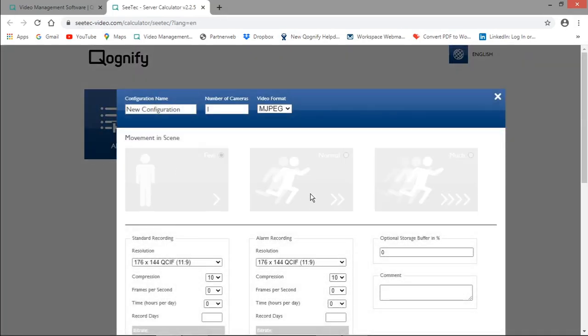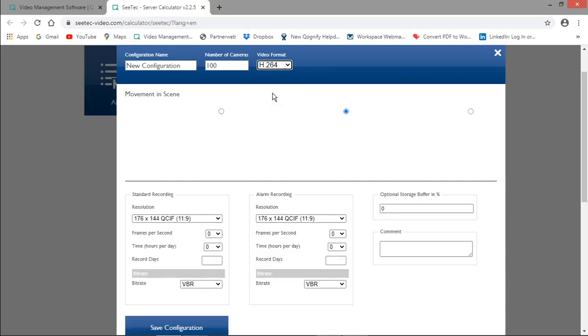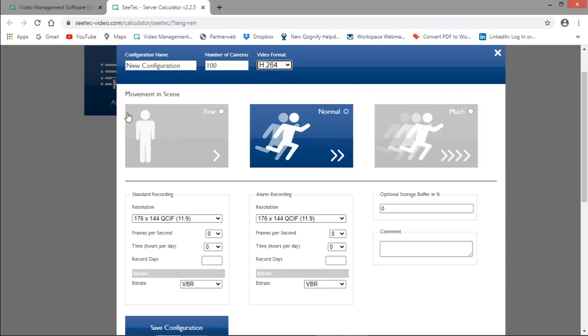And here we will go to the calculation, add calculation. That means here we need to add the cameras, how many cameras we are going to add. For example, if it is 100 cameras, we will add 100, and this is a new configuration. And what is the format we need to display the video? We will give H.264, and once you define the video format, you will get the normal movement,